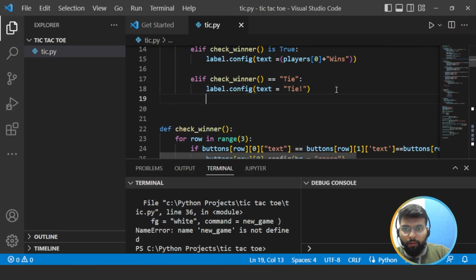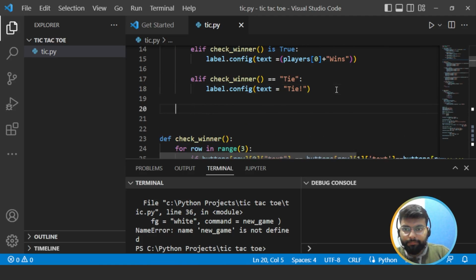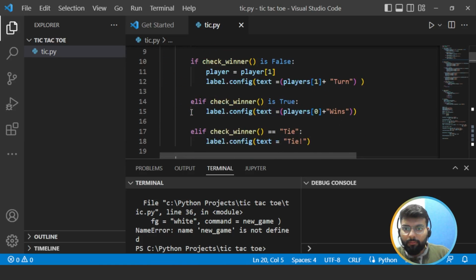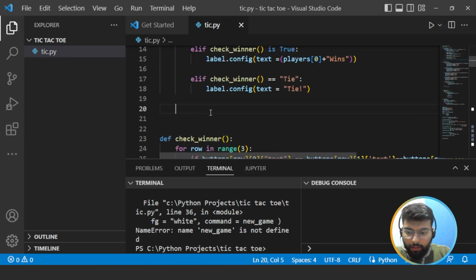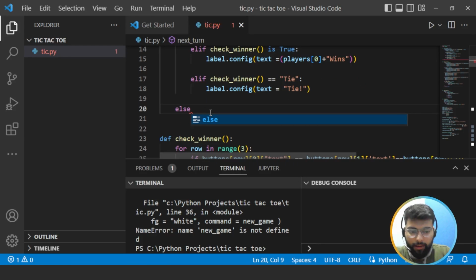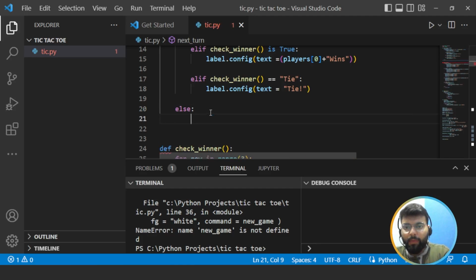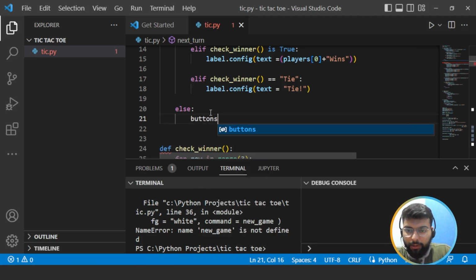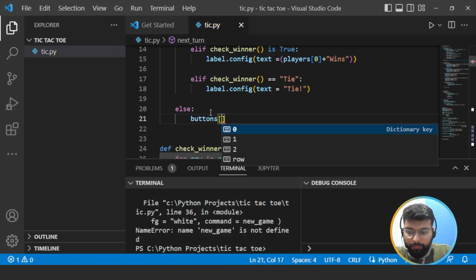Now we'll have an else condition, that is in else we would be having all the other possibilities that we are left, and here we would start with the player 1, and else if buttons, that is